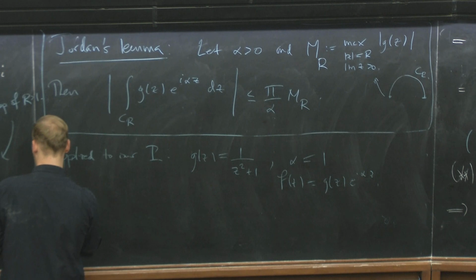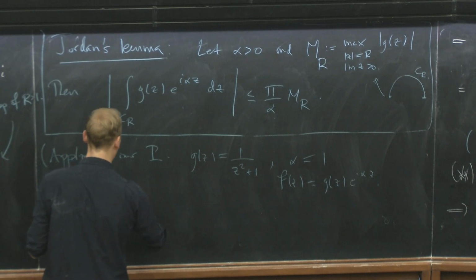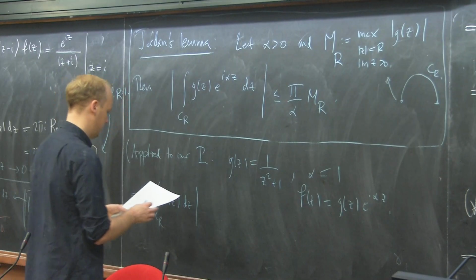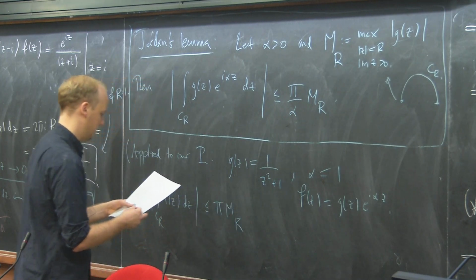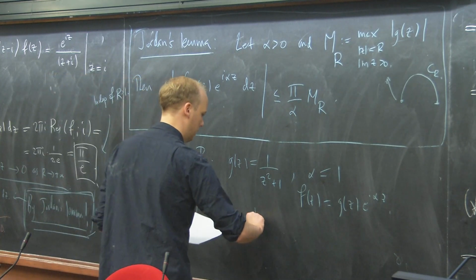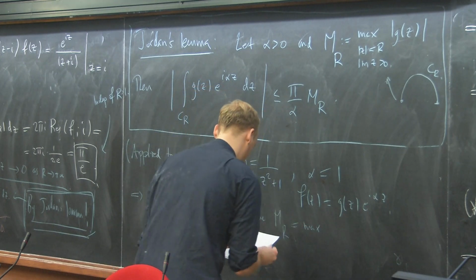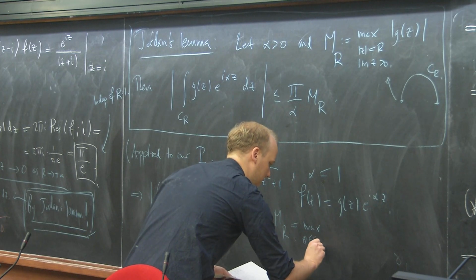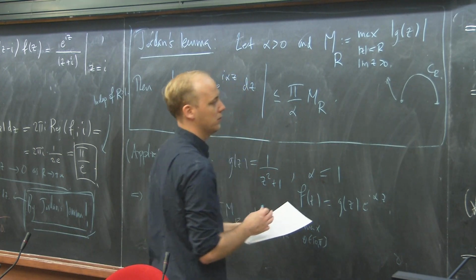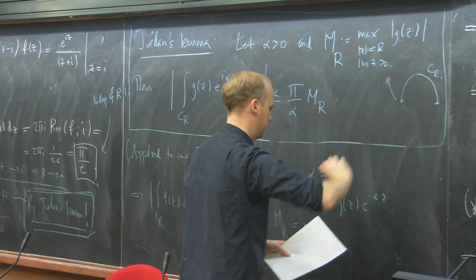And then this implies that the absolute value of our integral along this curved part is less than or equal to pi MR, where MR is the maximum along this half circle, when the argument is between 0 and pi,